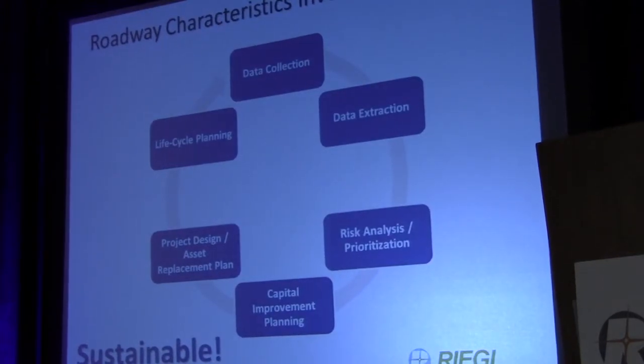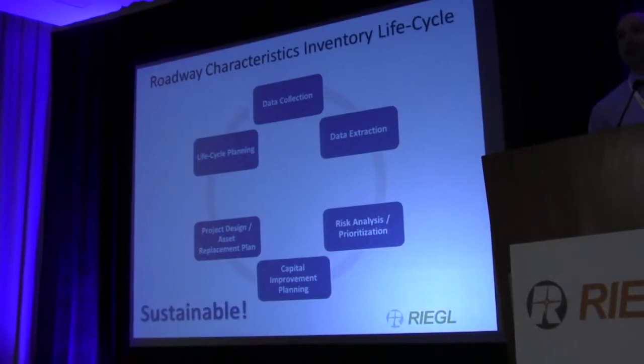So a typical life cycle of a roadway characteristics inventory project for the DOT involves data collection, data extraction, and what they wanted to do was do some more advanced analysis. They wanted to say, which assets should I work on today with the limited funding that I have? So they're using risk to prioritize which assets they should be working on. They develop a capital improvement plan with that, which means I'm going to spend my money here over the next 10, 15, 20 years. They design projects, they do the work, and then they're actually looking at the life cycle